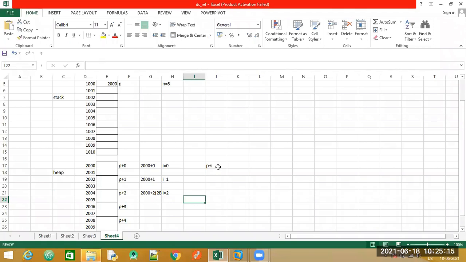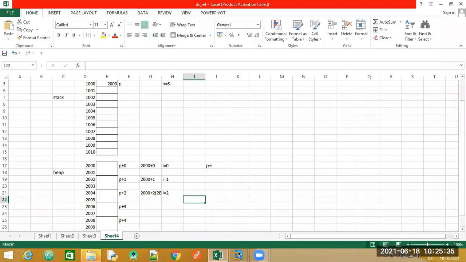If you do P plus I into 2, that will turn out to be an expression. Then based on the precedence of the operator, first the multiplication, then the addition, and then the output will be given. So the values that we want to insert will be inserted at the wrong addresses.